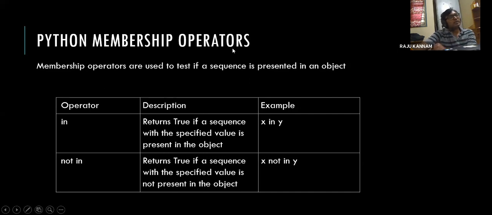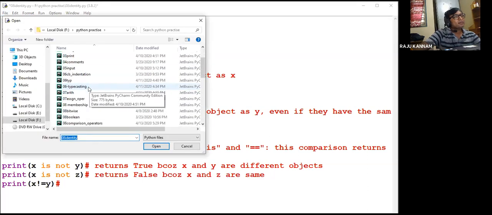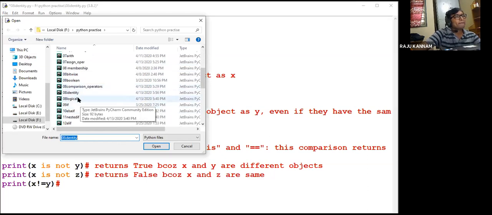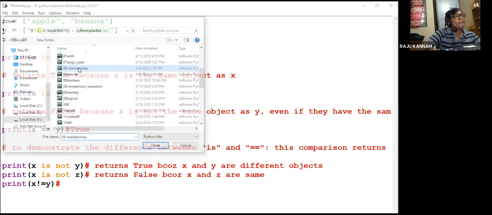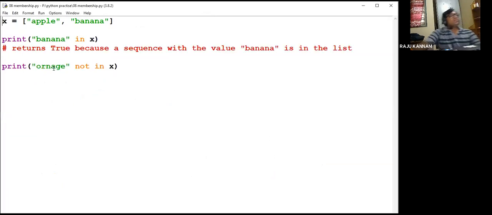Let us see the example here, membership operators. The same last example we have taken.